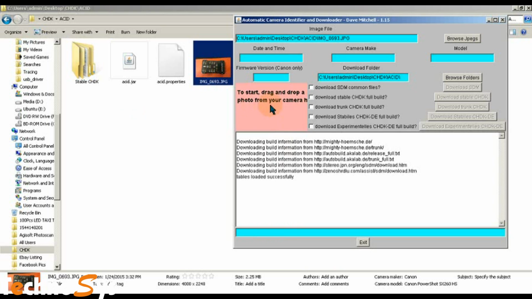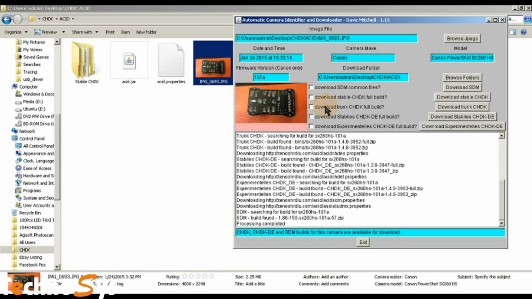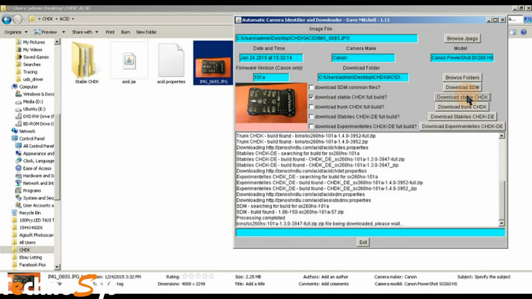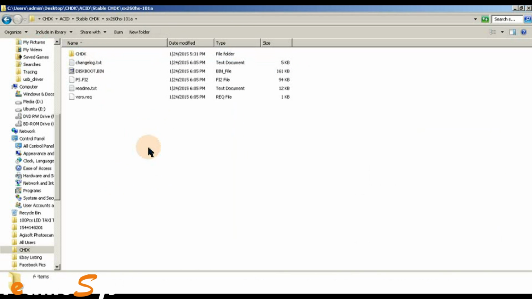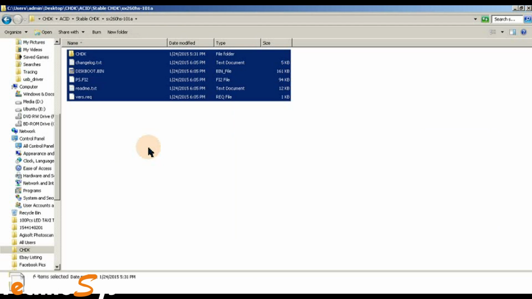So you will drag and drop your picture over here. It is going to automatically detect and tell you the firmware right here, and then you can just download a stable CHDK software. Make sure you're connected to the internet, and once you get this, these are the files that you are going to receive. So you are going to copy these into your SD card